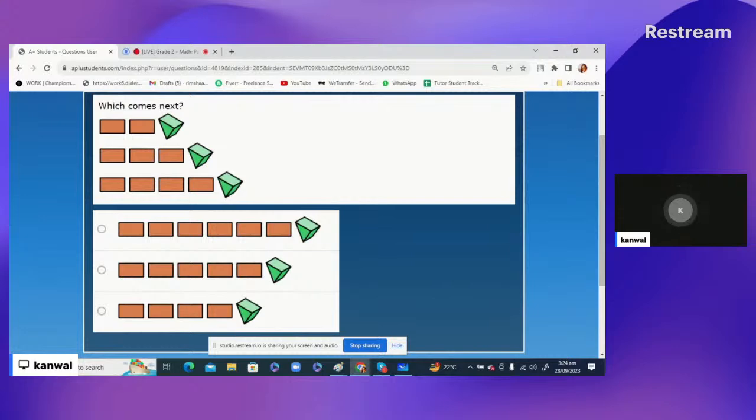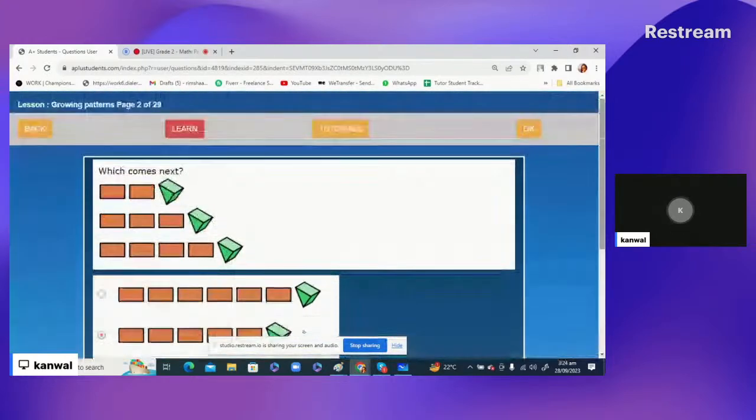Now for the next option, we're gonna check which has 5 rectangles. So in the first option, 1, 2, 3, 4, 5, 6, that is wrong because we need 5 rectangles and the one green shape. So let's do option B. 1, 2, 3, 4, and 5. Yes, that is the option. Here are 5 rectangles and one green shape. Okay,